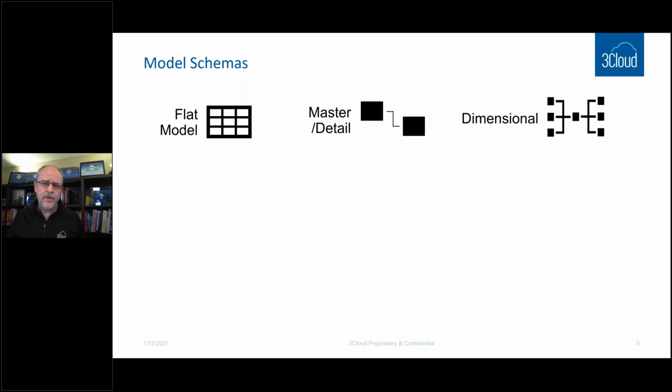And then we have the pure dimensional model. And you could argue that a dimensional model is kind of based on these other concepts. Our dimension tables and perhaps even our fact tables could have been flattened from multiple sources, or at least they could have been massaged and pounded into a two-dimensional shape. And there's a lot of truth to that. The relationship between certain tables might be kind of master detail, but that's an arguable point.